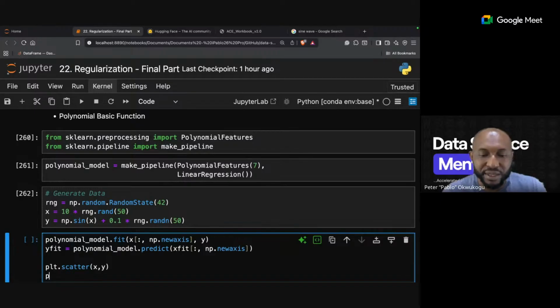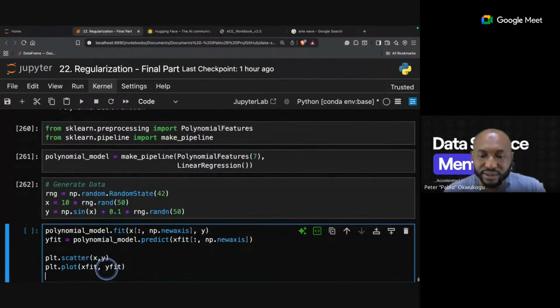And then we say plt.plot, which tells us that we can plot on top X fit, which is the older data we have, and y_fit, which is what we have here, which we've done a prediction on. Now we can say plt.show.